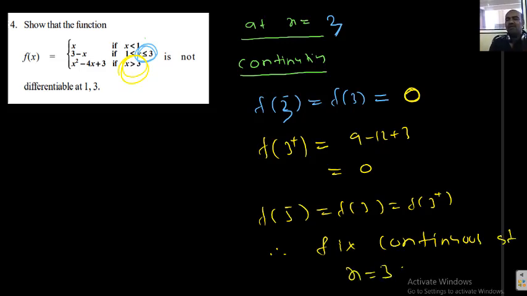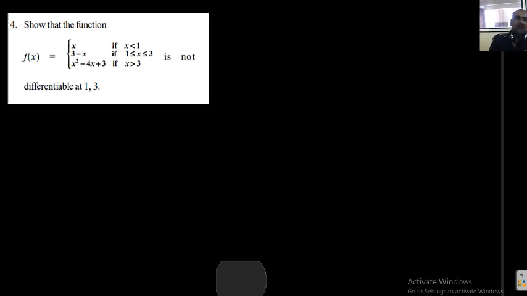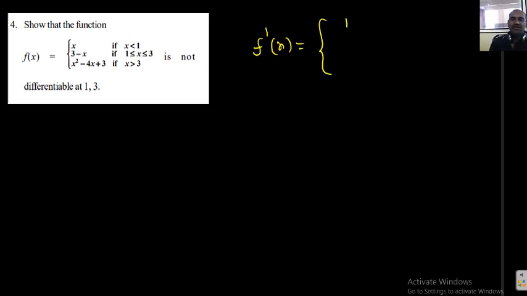Now, it may or may not be differentiable, you don't know, it is continuous. Now, you want to check the differentiability. Okay, students, you can use the LHD, RHD concept, or a direct method is there. By using the differentiation concept directly I can find f dash of x, differentiating each function: 1, 3 gives 0, x minus 1, so 2x minus 4. This is for x less than 1. This is for 1 less than or equal to x less than or equal to 3. This is for x greater than 3.